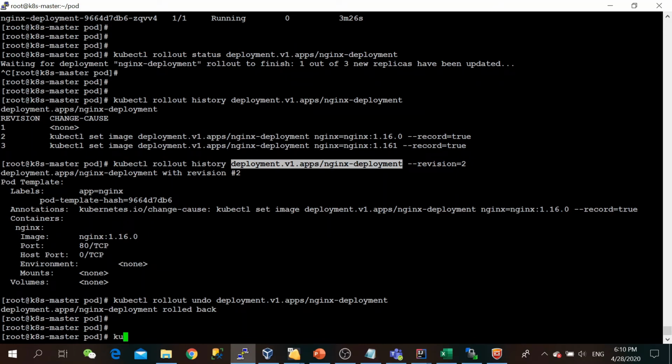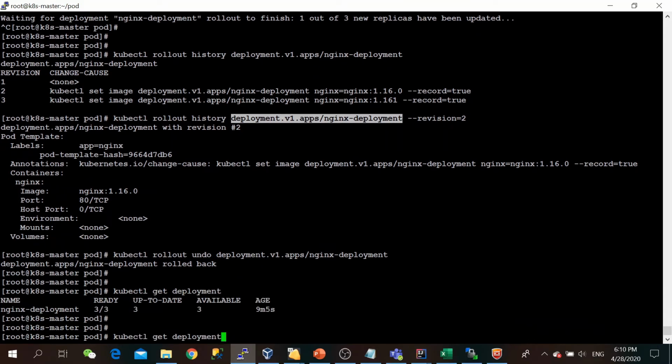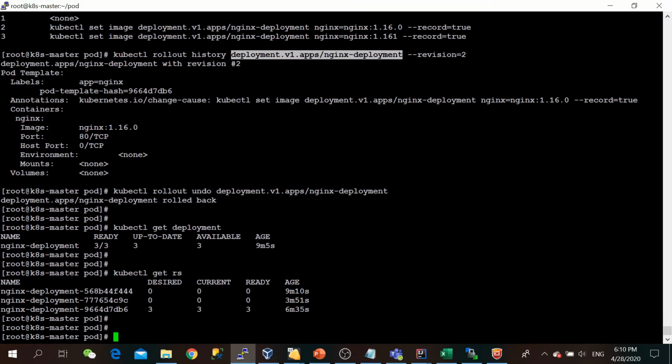Let's check. Firstly, we will check the deployments: kubectl get deployment. Okay, let's check the replica set. So we see this is the new one, and check the pod.